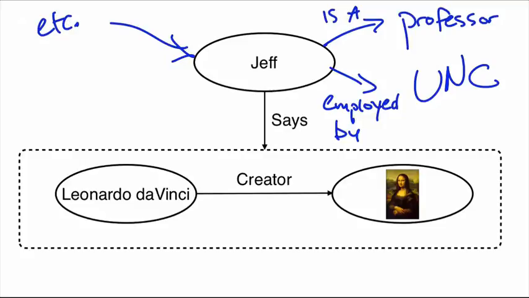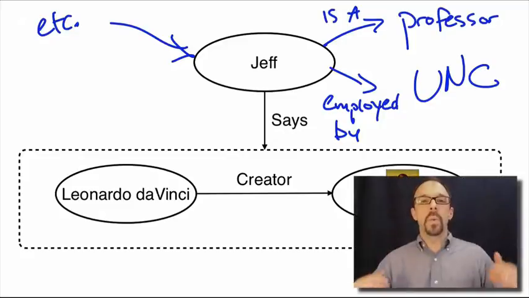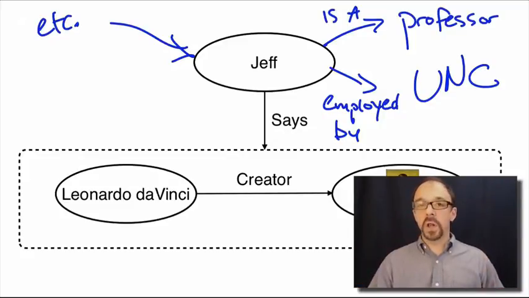The point is, what you're able to learn here is that I am not an art historian. So why should you believe me? Why should you have any trust at all in a metadata record that I create that says that Leonardo da Vinci is the creator of the Mona Lisa? Maybe that is accurate, but without more data about the provenance of this metadata record that I've created, you have no reason to trust it.